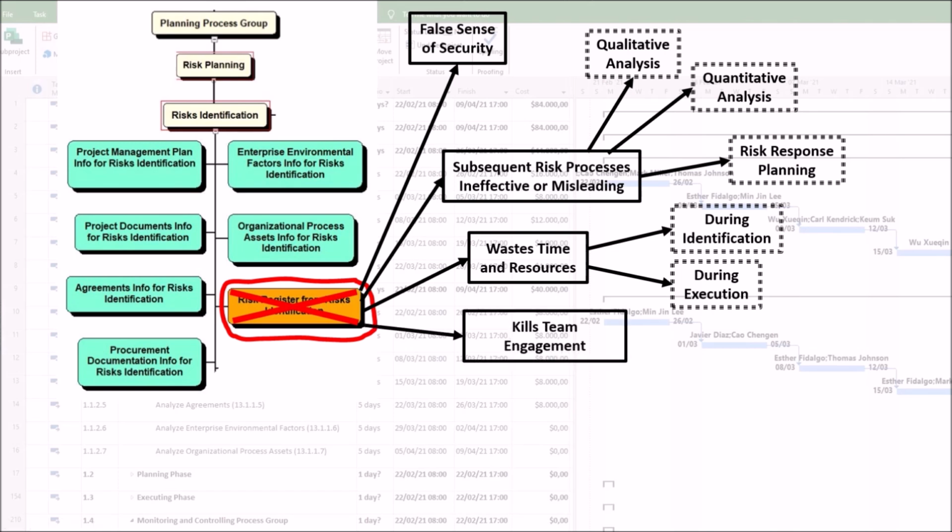4. It kills team engagement and psychological safety. The identify risks process relies on open, honest communication. A poor risk register can stifle this. For example, if vague risks are accepted, team members who raised specific, valid concerns feel ignored and are less likely